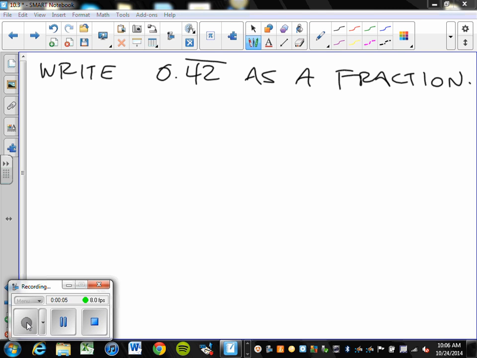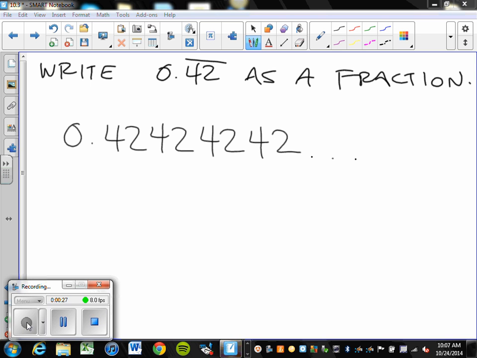Writing a repeating decimal as a fraction. We can use the concept of geometric series to do this. It's not something that's obvious, but I'll show you once, and then we'll just talk about what the shortcut is. Okay? What I can do is if you write this as 4, 2 repeating over and over and over again,